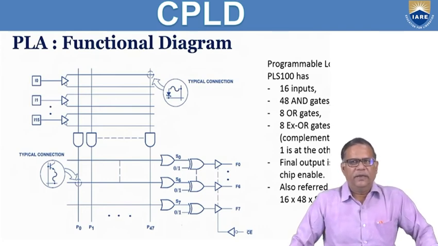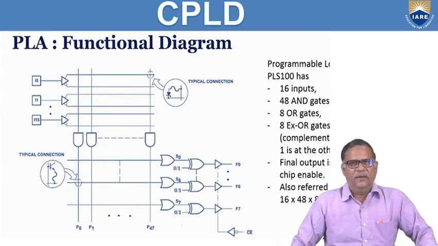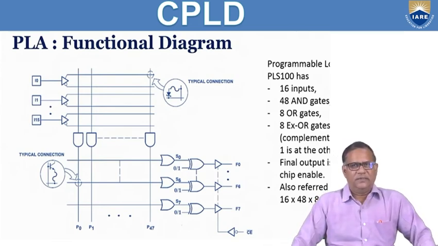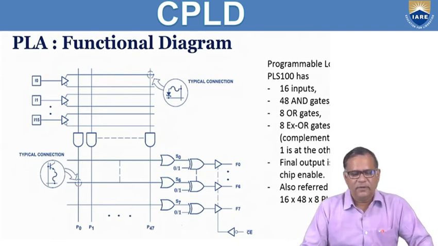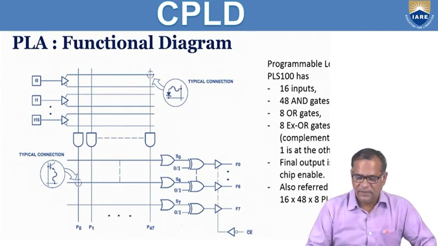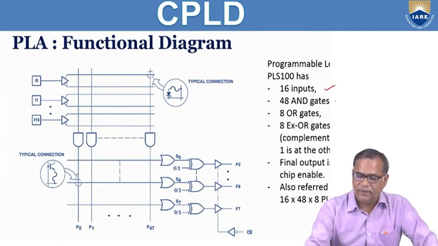So the CPLD contains PAL-like structures, and the PAL-like structures are programmable logic devices. For example, this can be used to implement different Boolean functions. Now let us take an example of PLA to realize a Boolean function. Now let us say here this PLS 100 has 16 inputs and 48 AND gates and 8 OR gates, 8 exclusive OR gates, as you